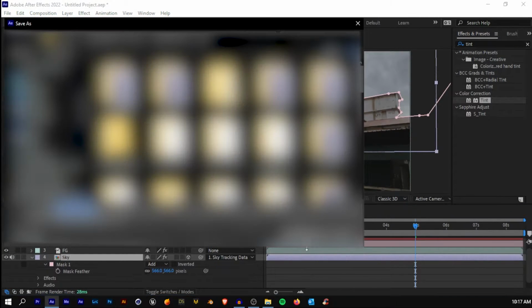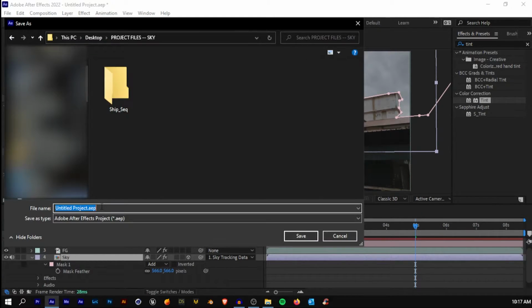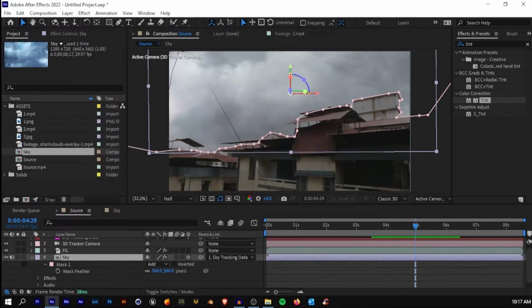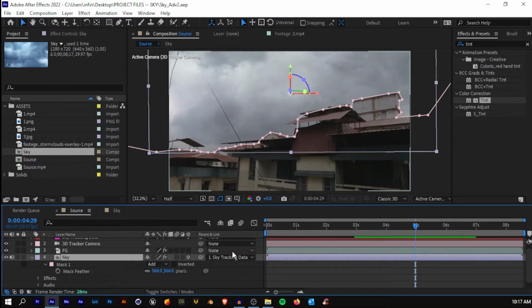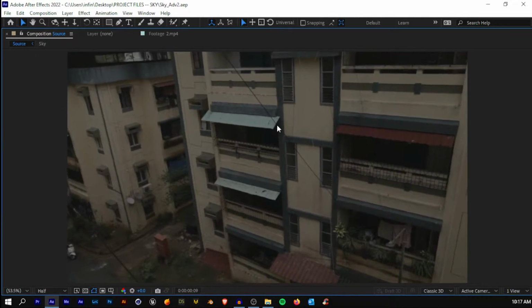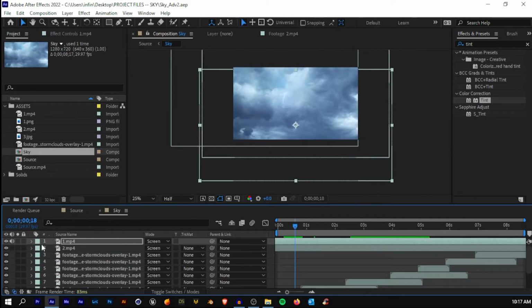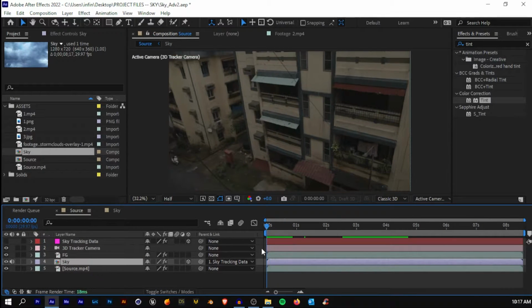Okay, and don't forget to save your project, so otherwise when it crashes, then you won't be that happy. So we'll change this to sky 3. Sorry, I changed it to, anyways, forget it. Let's see what we have. Just don't forget to disable the audio of the sky layer. It has some audio in it, so